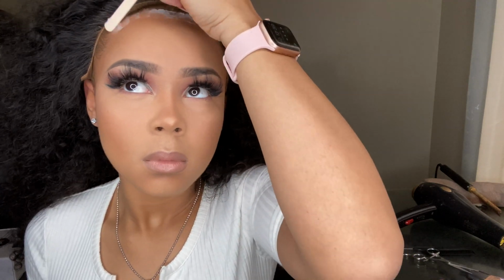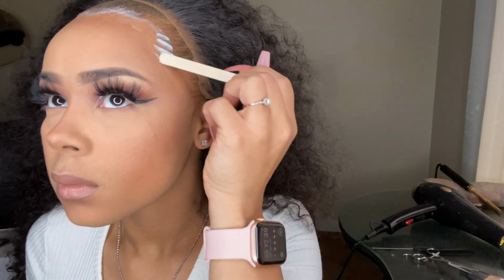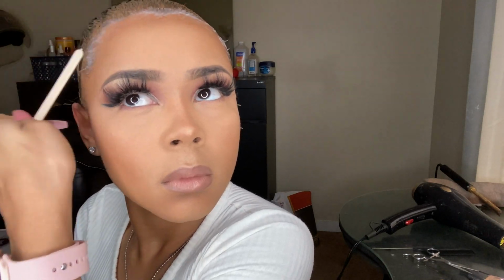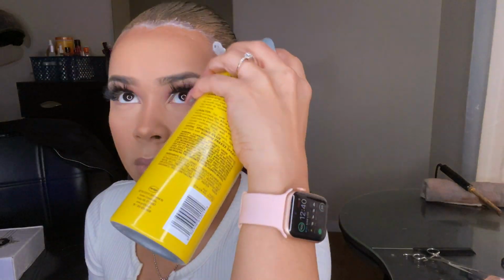But yeah, you want to just go ahead and put down a little thin layer like I'm doing. And I didn't use a bald cap for this one because I really didn't need it. I just put a little makeup on my hairline and then put the same makeup on the lace. And like I said, I'm just putting a little thin layer of the Got To Be Glued freeze